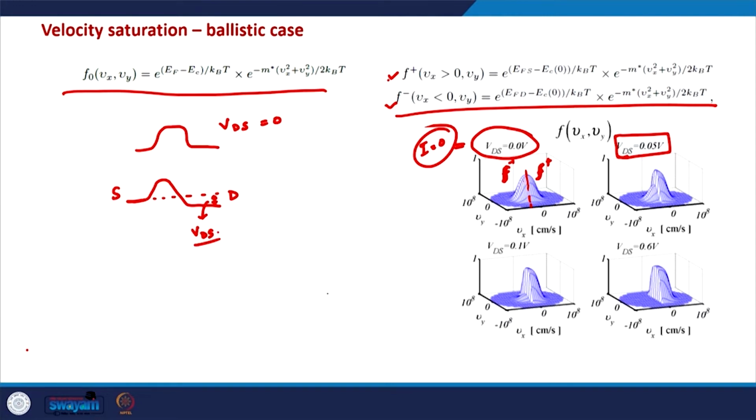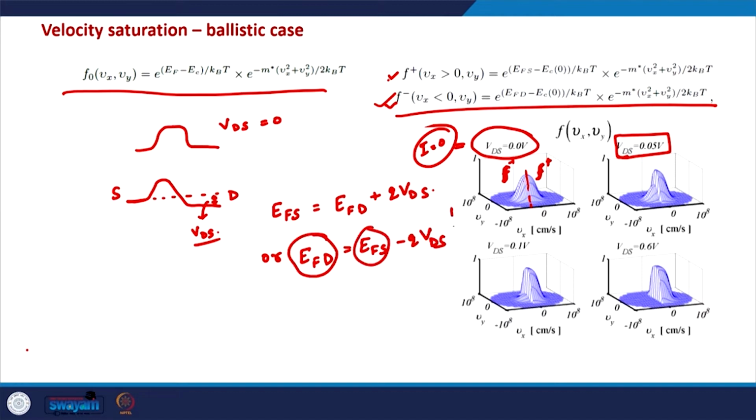Now with VDS, as you can see from this, the difference between EFS and EFD, or EFD is EFS minus Q times VDS. So this EFD is smaller than EFS when there is a non-zero VDS applied across the ballistic MOSFET. So in that case, as expected from this